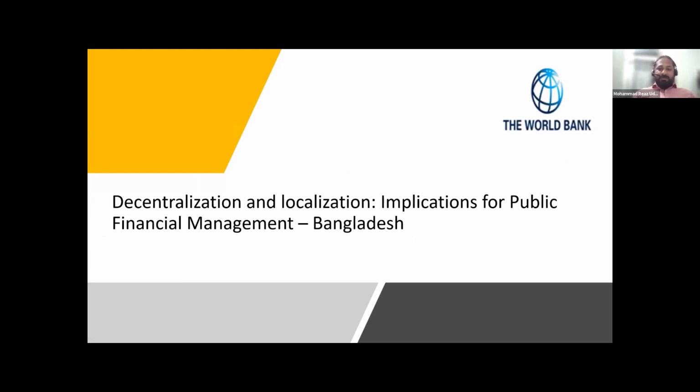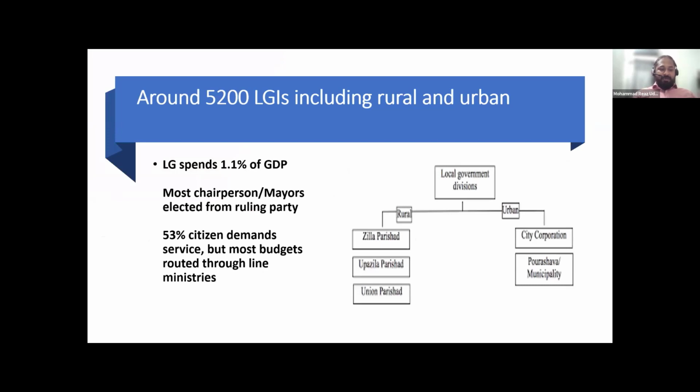So let me start by giving you a bit of background and overview of the Bangladesh local government structure. In Bangladesh, the rural and regional local government has four tiers, including divisional administration, where we have 8 divisions. There are 64 districts and 491 sub-districts. The rural and urban side of the local government includes rural, municipal, and city corporations. In total,